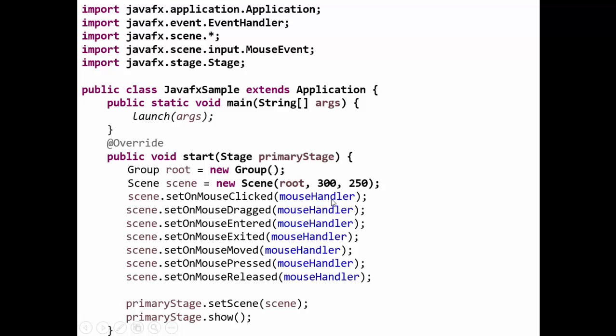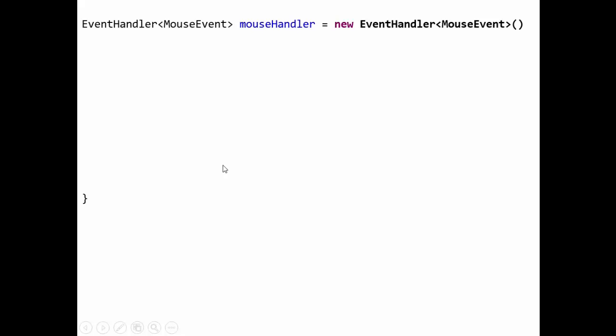We have not defined the handler, the mouse handler. As you can see, the class is also not completed. Over here only public static void main and the start method are over. Now we are left with this handler. So what we are doing is defining an object of the handler. See, over here the class is over. So we are defining an object of the event handler: EventHandler, the reference mouseHandler, equals new EventHandler and the empty constructor.